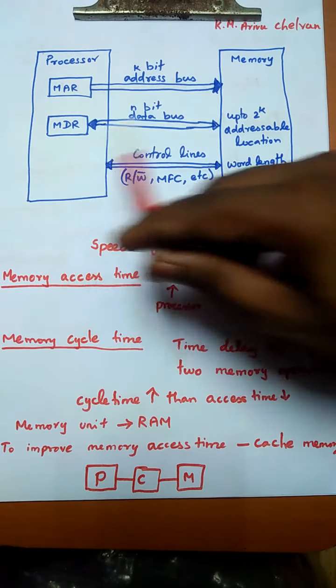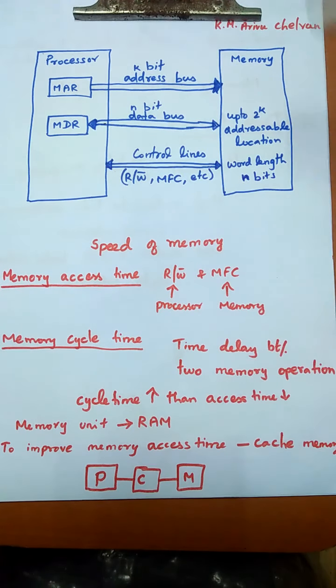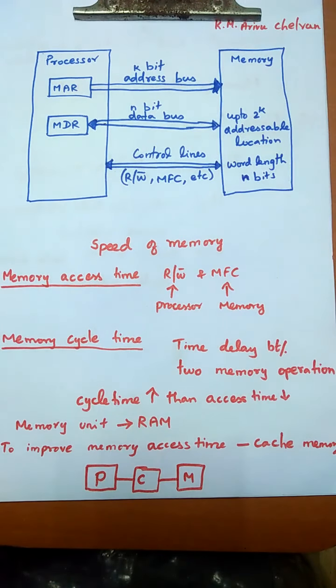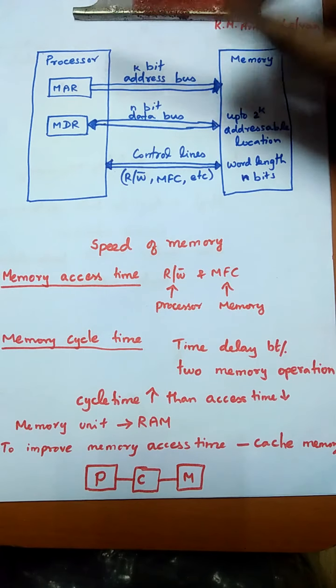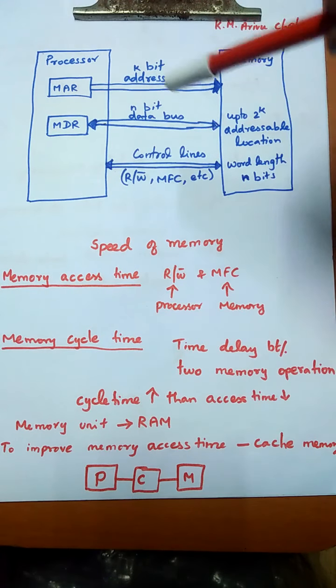In the previous section we have seen processor to memory data transfer. There is some delay that occurs during this data transfer. It affects the performance of the computer because the speed of the processor is always very high compared to memory. So we need to improve the memory speed to match the processor speed so that the performance of the computer will be improved.